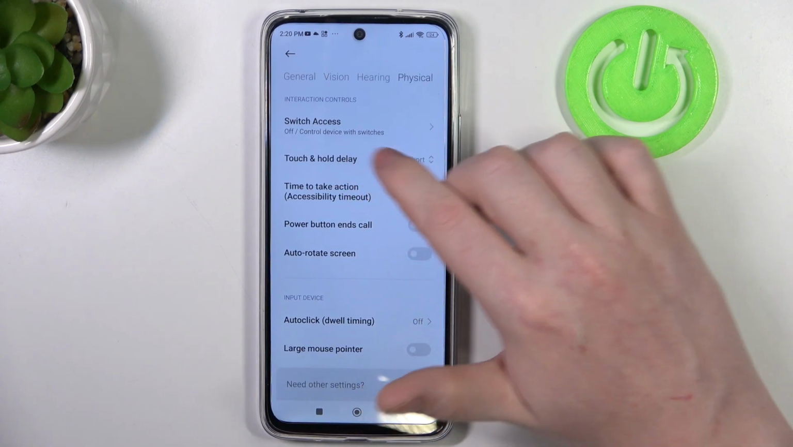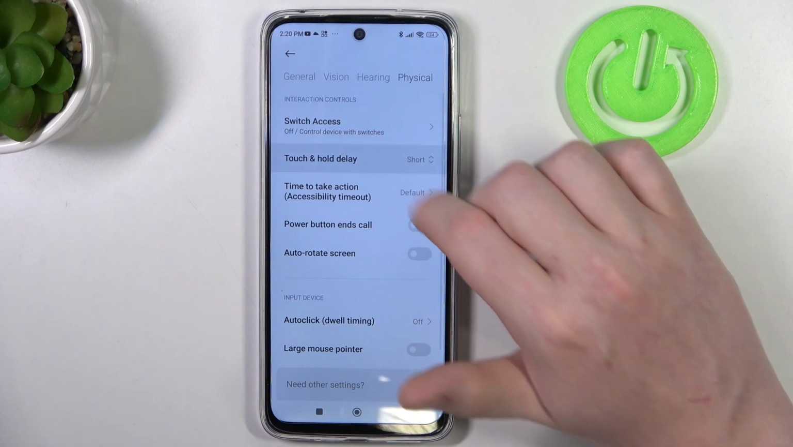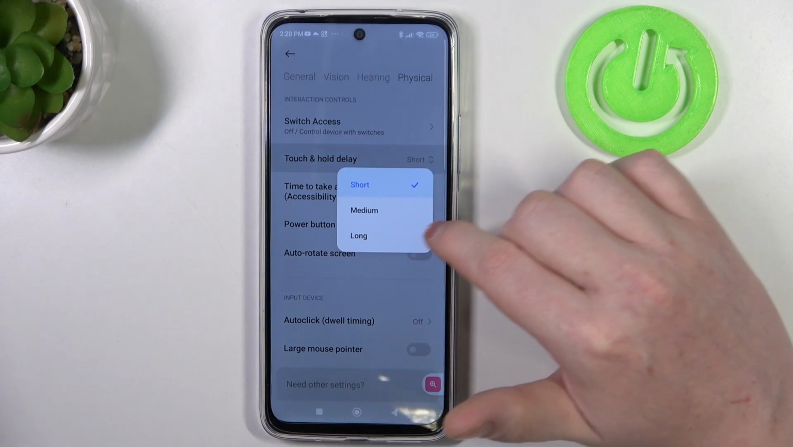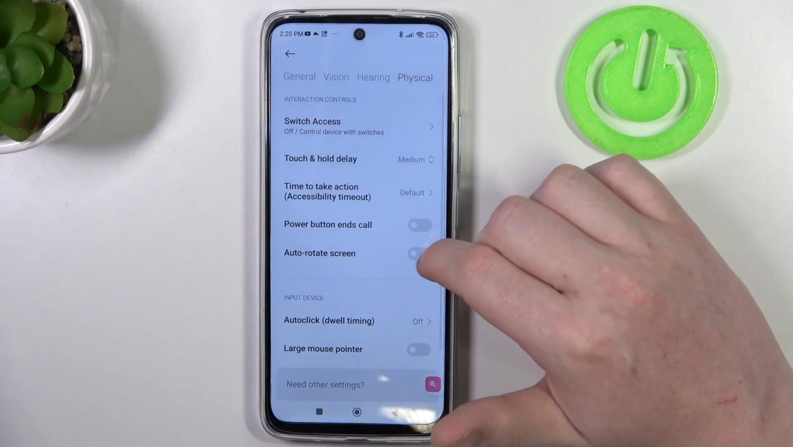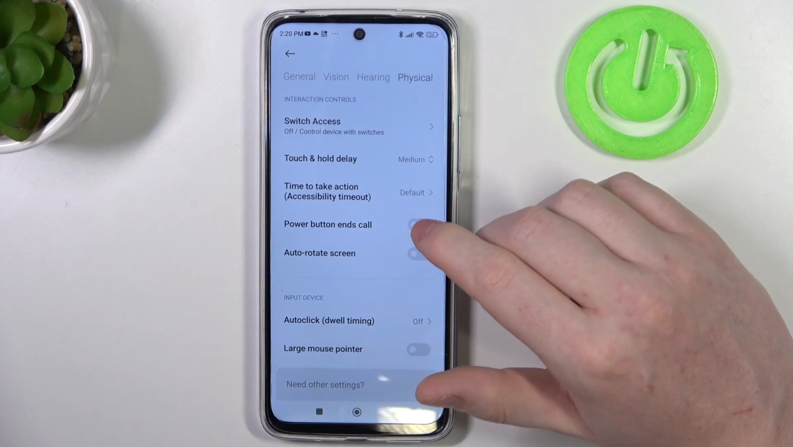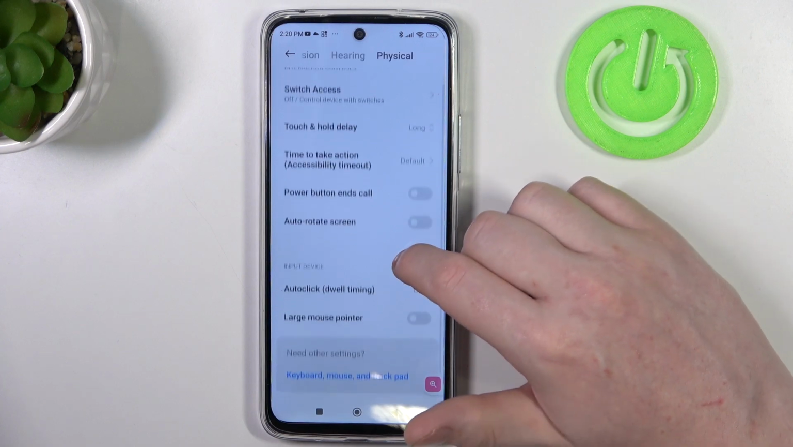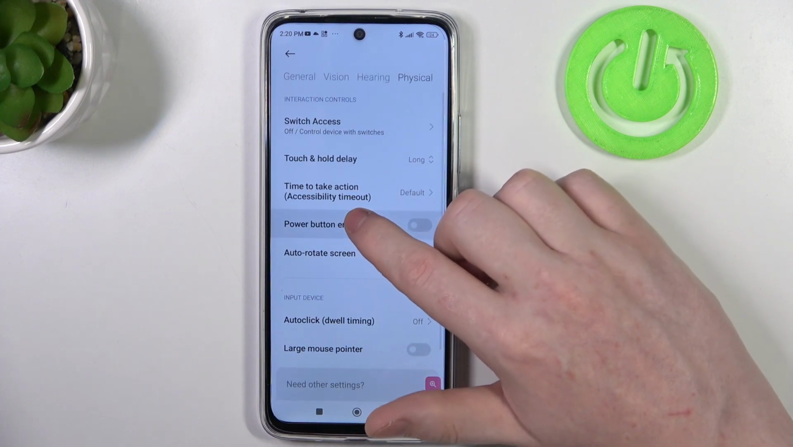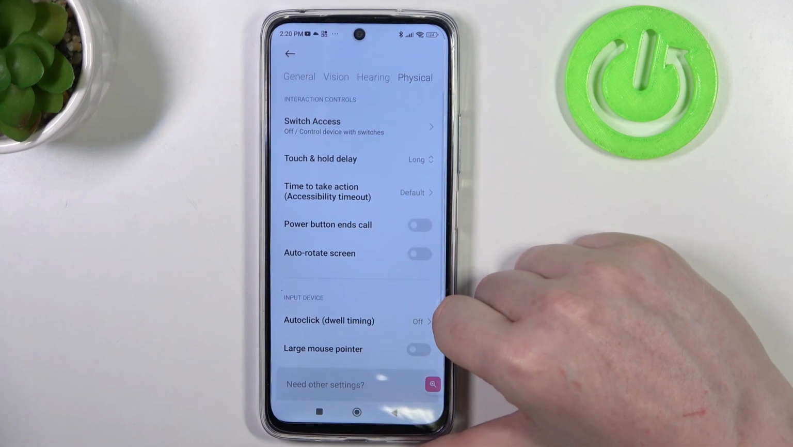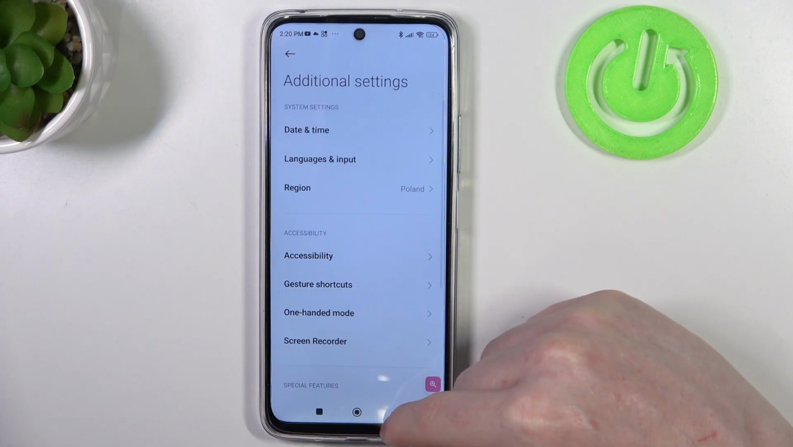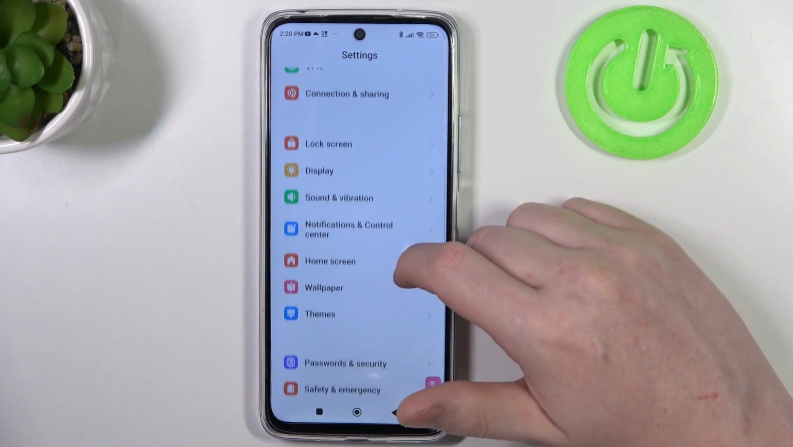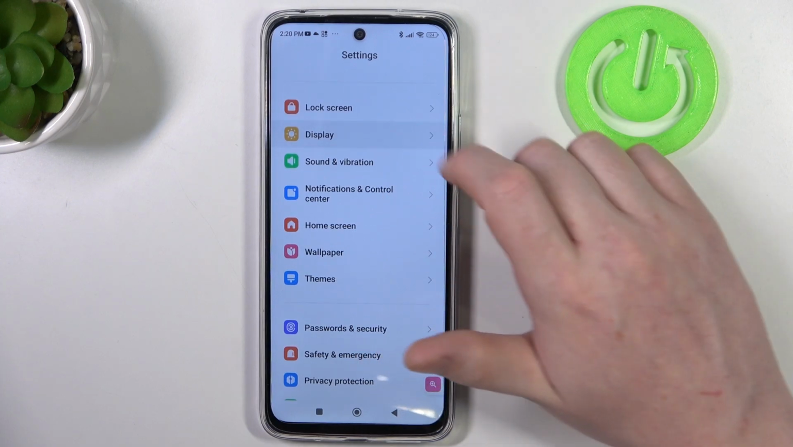Okay, we have one setting that might be important: touch and hold delay, and here you'll be able to make presses on this device longer. So if we set it to long like that, it will take more time to select any icon and open it. And last thing, I think we should be able to find in the text somewhere or on the display,